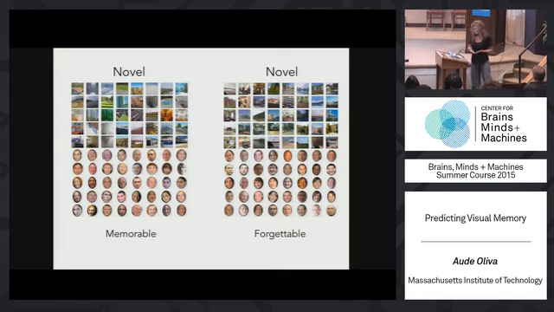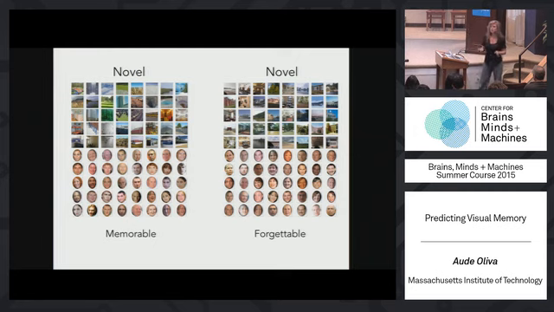So in those sets, every image is novel. Exactly like in the memory experiment, we could show them one time for half a second. So you had the perception level. You're in a perception experiment. You saw those images one after the other, only one time. All those images are novel.